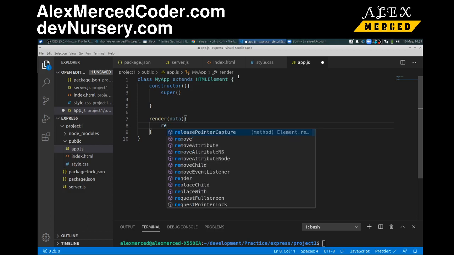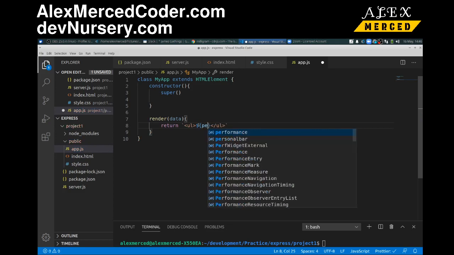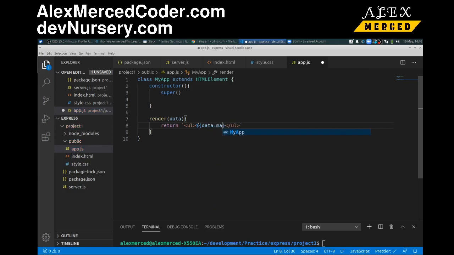I think I know how I want to do this. I'm going to return, we'll just make this the list, a UL. Inside that UL will be a bunch of LIs. So I'm going to use string interpolation, which means these should be backticks. There we go. And what I'm going to do is map over that persons array, except it's not called persons here, it's called data. So I'm going to do data.map